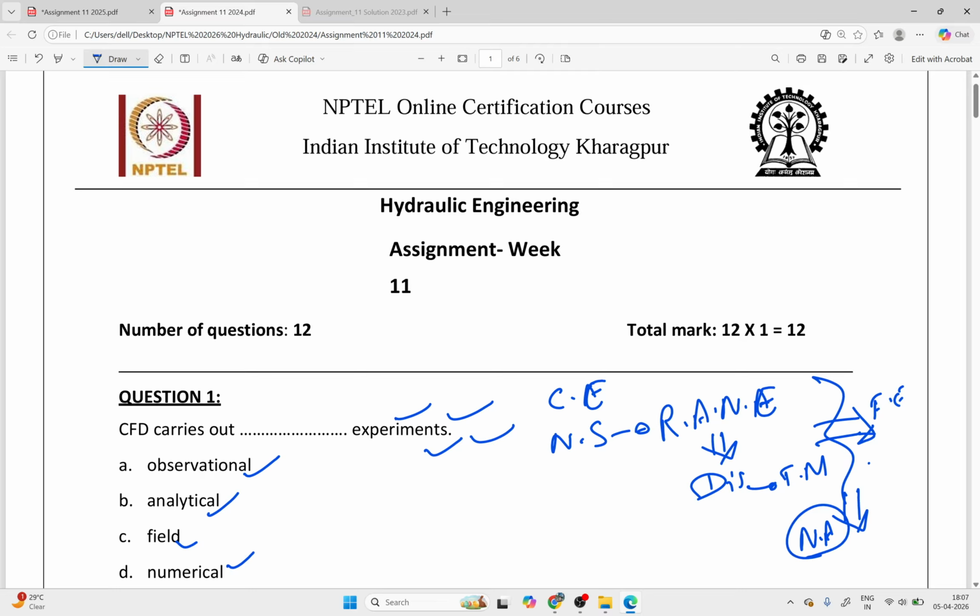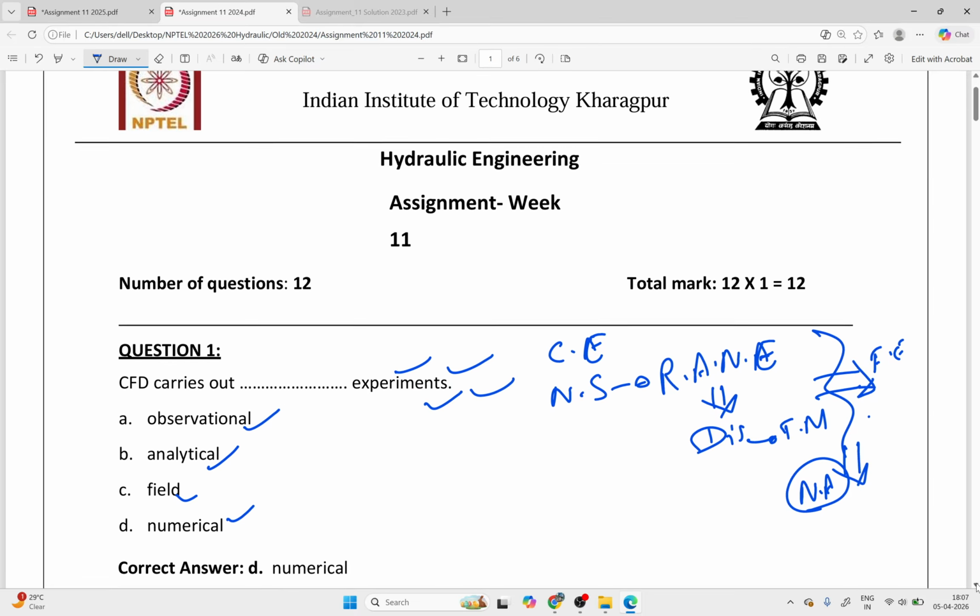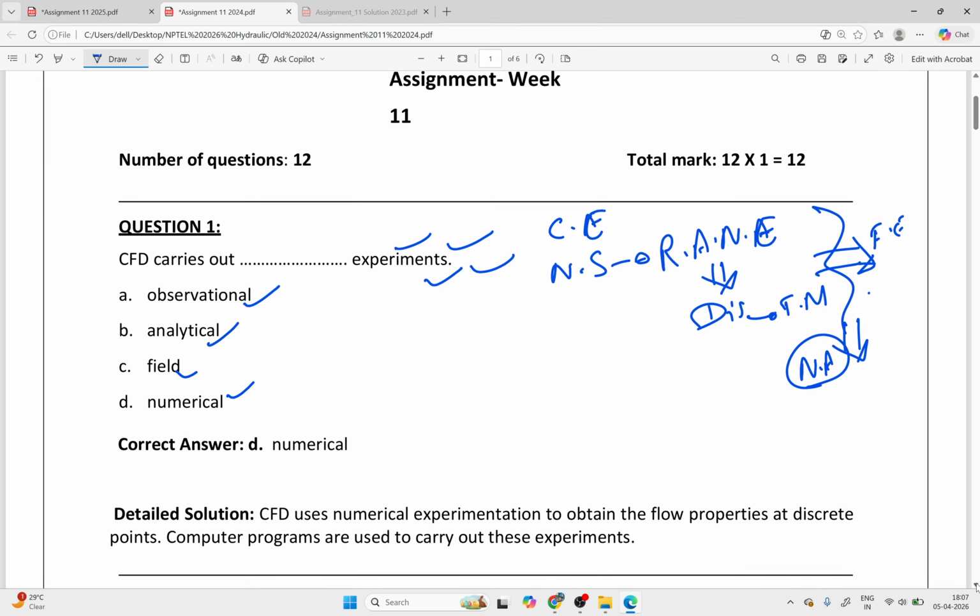Also, you can solve these equations by pen and copy, but that is not possible for complex problems. You can solve only one step, and if you go for the next step, it will be very difficult. Just for understanding, you can go for pen and copy. Otherwise, you have to write the code combining all these equations. Okay, so definitely we solve in numerical. We do numerical experimentation. Now we'll move on to the next one.